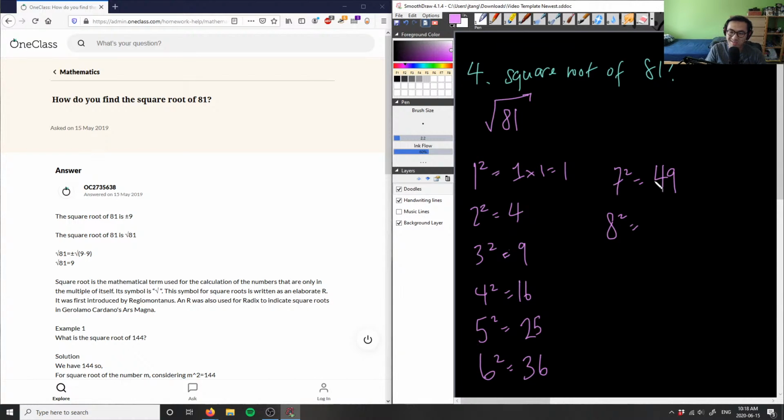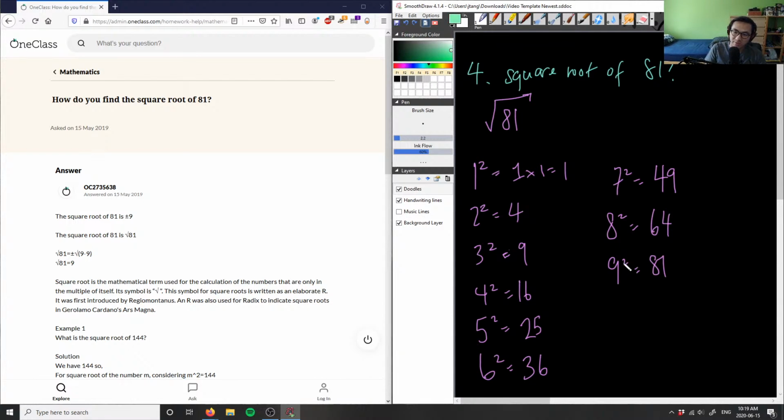8 squared here is, and we're looking for 81 here, right? 8 squared here is 8 times 8, which is 64. And 9 squared here is 9 times 9, which equals 81. So this here is our magic number, 81, right? So if we know 9 squared is equal to 81,